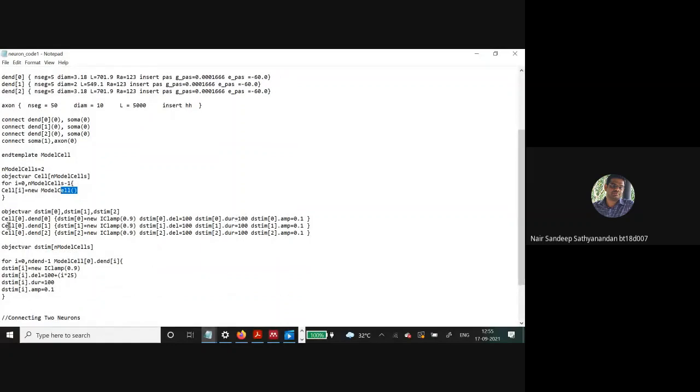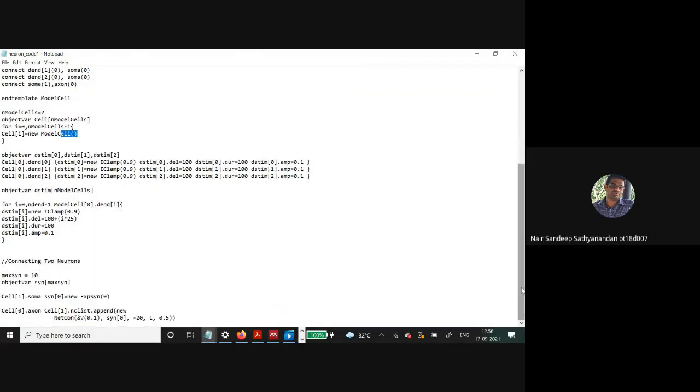Then the connectivity between the neurons: these are the connections between the dendrites and the particular neurons. For cell 0, this is the connection. And this is the stimulus configuration that we need to do. When you want to connect the 2 neurons, you need to make use of synaptic connection. The maximum number of synaptic connections available is the parameter that we will be giving. So how do you connect it? Cell 1 soma is connected to this exponential synapse.